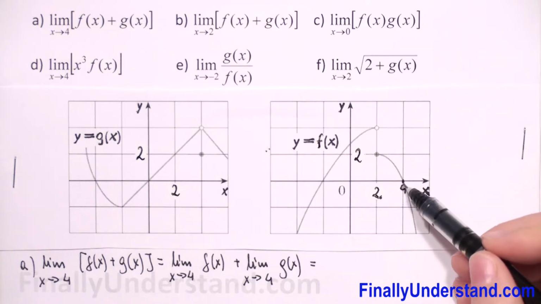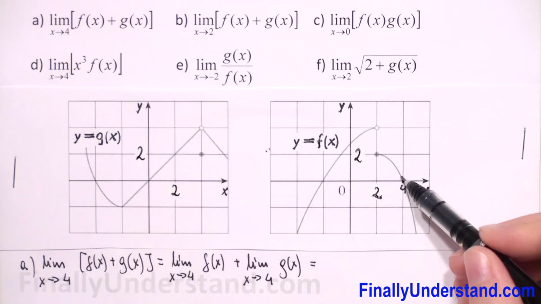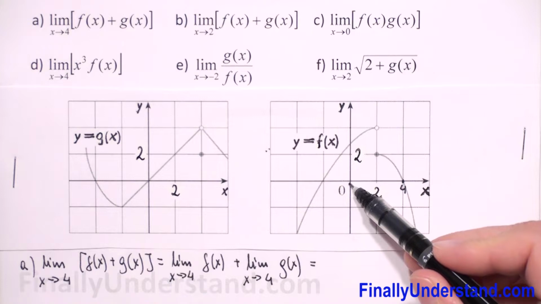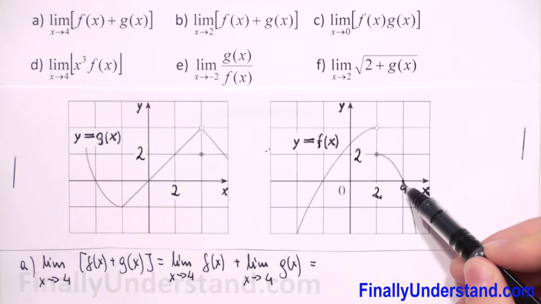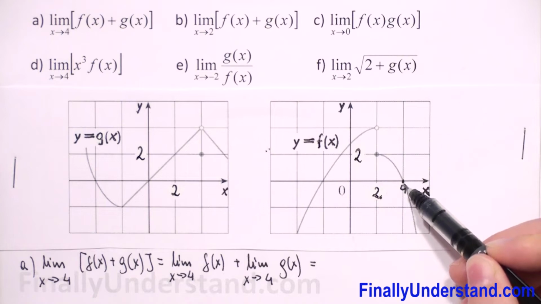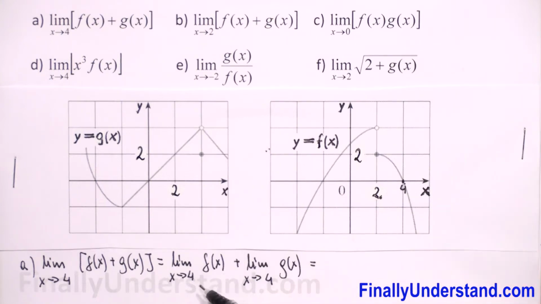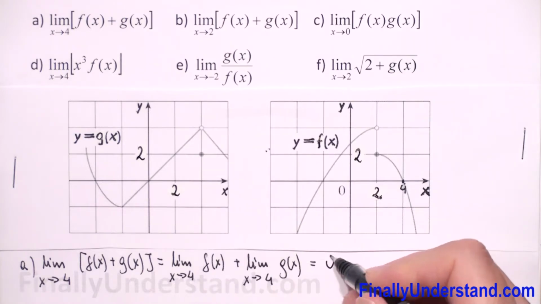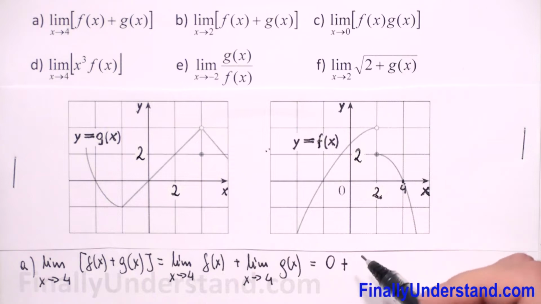When x approaches 4, we see that we are close to 0. The value of our function is going to 0. So the limit as x approaches 4 of f of x is equal to 0, and we have plus,